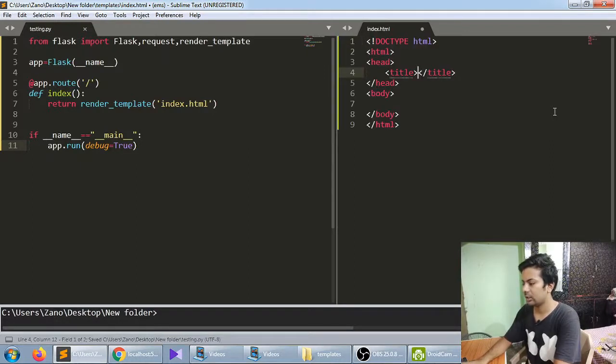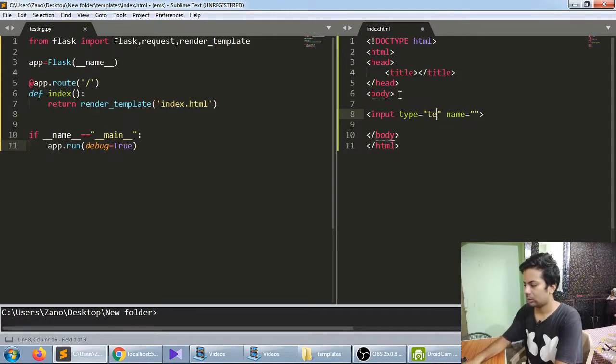These are the normal HTML tags we use. Let's quickly make one text input box with an ID called box, a br tag, and a submit button.